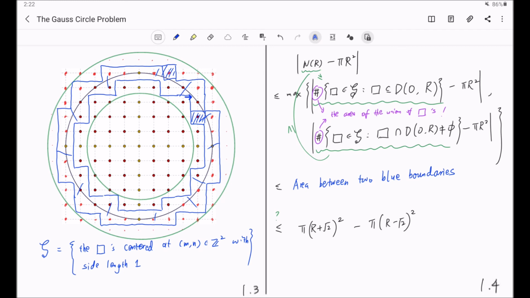And now if you look at the whole boundary of this inner blue region and consider all such squares, none of them could touch this inner green circle. It follows that this inner green circle must be contained in this inner blue boundary. So this shaded blue region squeezed in between has area bounded by this annulus,